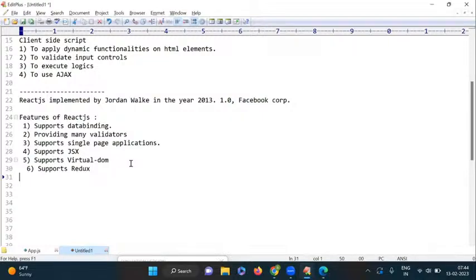Okay, Rejs is providing more enhanced features than cookies, sessions and other objects. So we are also discussing local storage, session storage. And along with that, we are also discussing the Redux concept. I will explain what is Redux and what is the benefit of Redux. Okay. Next one here,